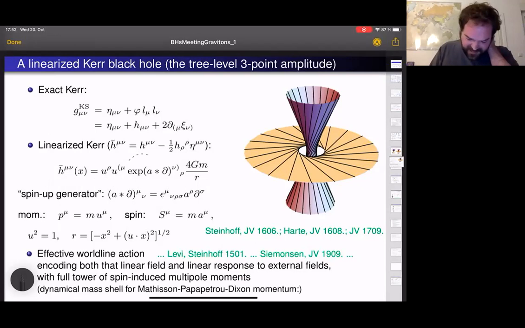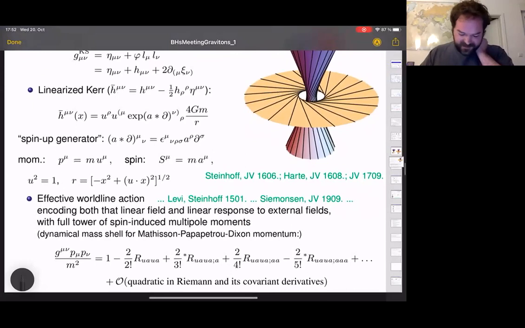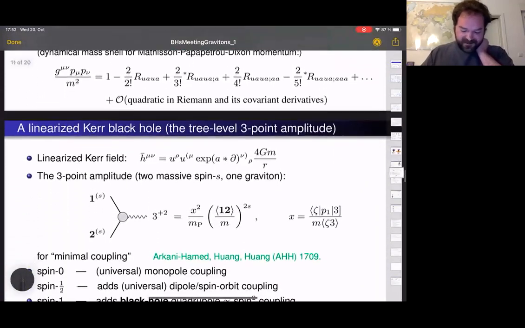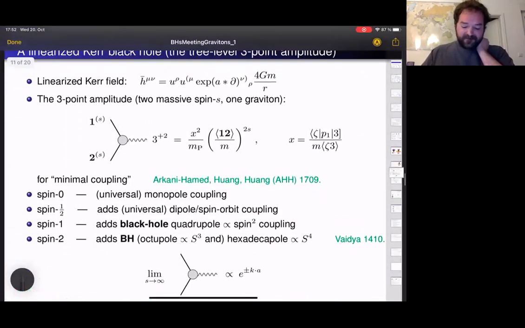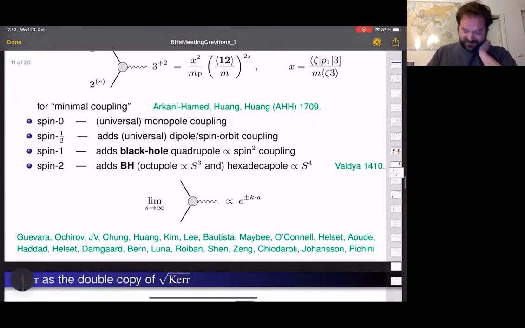And it features this exponential of basically that ring radius times a derivative. Okay, and there, I'm afraid in the interest of time, that's all I'm going to say there, except that through a long series of papers, and here this is representing at least, let's say, order 15 to 20 papers,